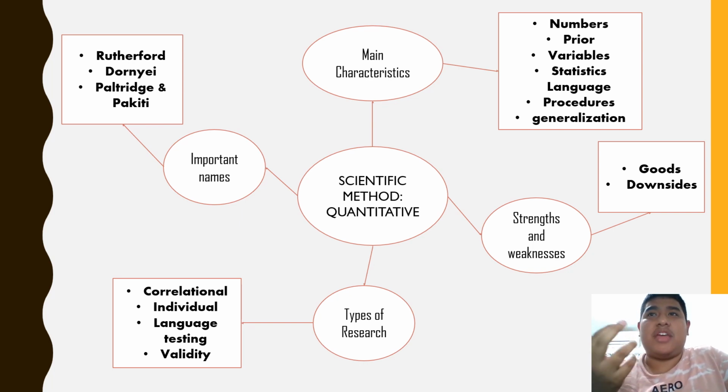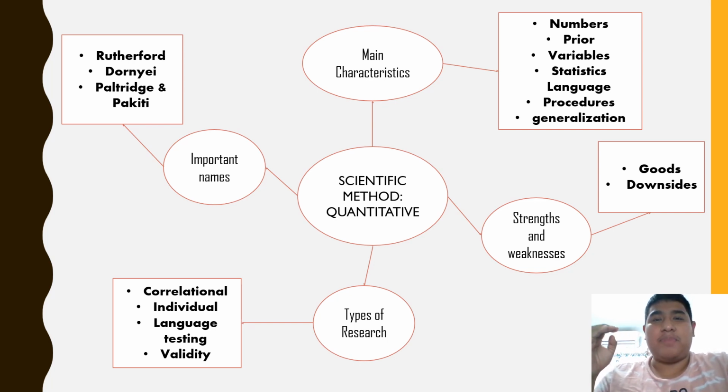Next, we got the strengths and weaknesses. First of all, the goods. Quant research is very low budget. You only need a computer and Excel, and that's pretty much it. Another thing is that numbers are powerful. Numbers give a lot of power because they measure things, but it's also part of the downsides because if you